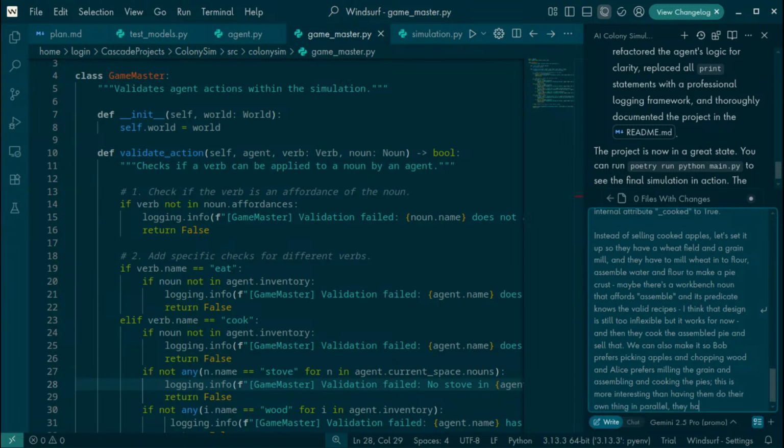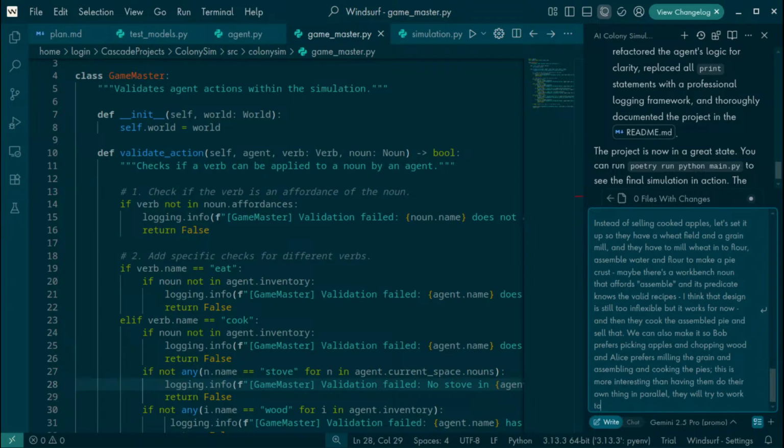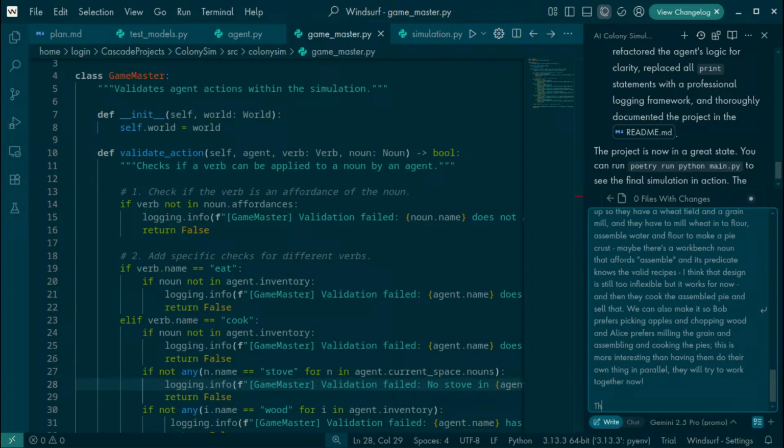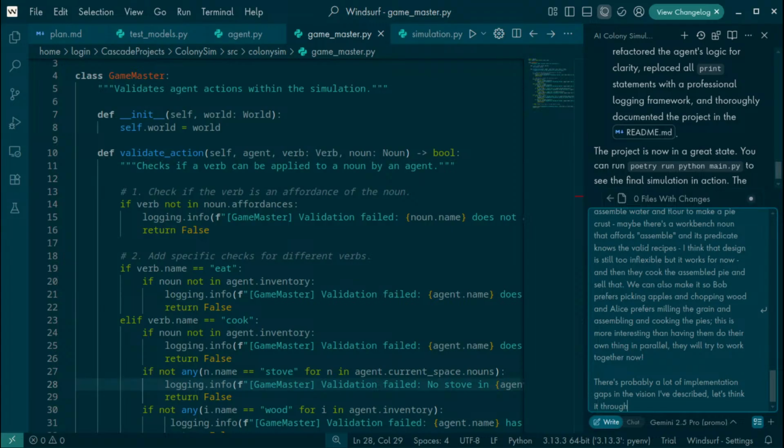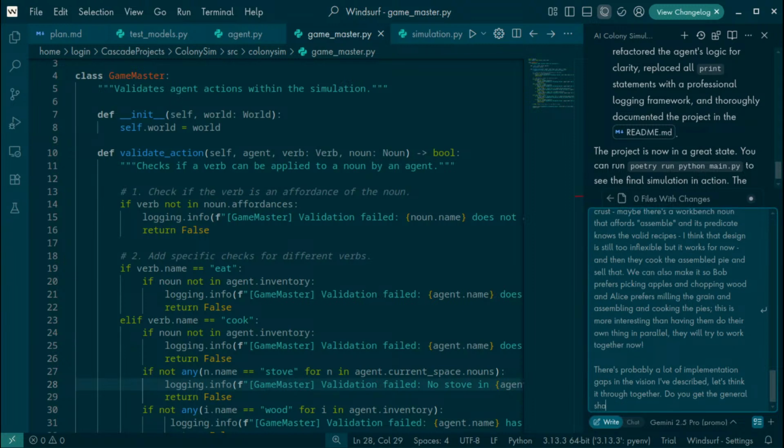They will try to work together now. There's probably a lot of implementation gaps in the vision I've described. Let's think it through together. Do you get the general shape of what I'm getting at?